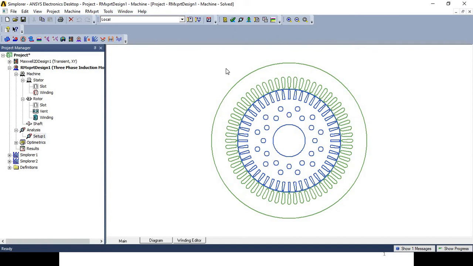So with this we'll end this first part of video lecture, and discussion about the different output parameters, what are the different curves, then how to change the different parameter, how to convert this design into the Maxwell 2D design, Maxwell 3D design. This part will continue in the next lecture series. Okay, thank you.